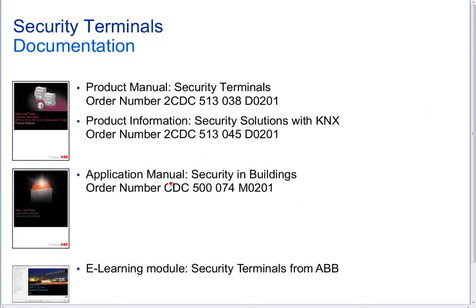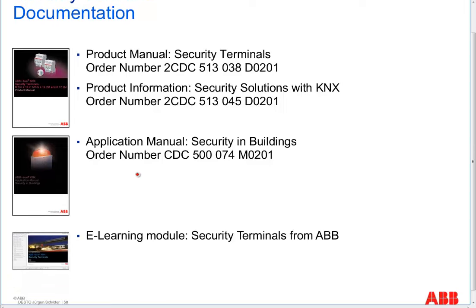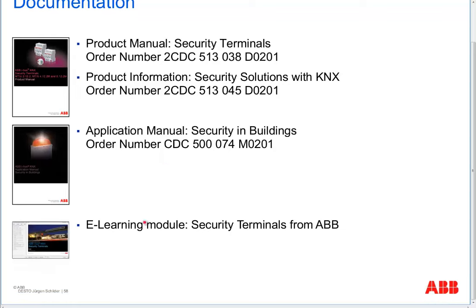Okay, what about documentation? We have brochures, printed versions in German and English, for the security terminals and for the security solutions with KNX. And last but not least, we also have an application manual, Security in Buildings. It shows different solutions together with the security module and so on. And we have also made e-learning modules on our website. So please visit abb.com/KNX and go to the menu e-learning modules, and you get further explanation about KNX and security modules and so on. Good, so far from my side